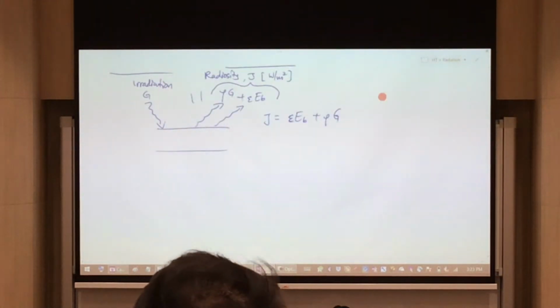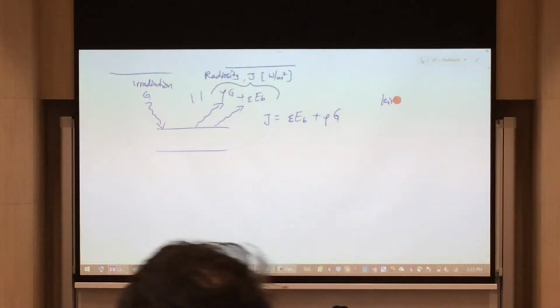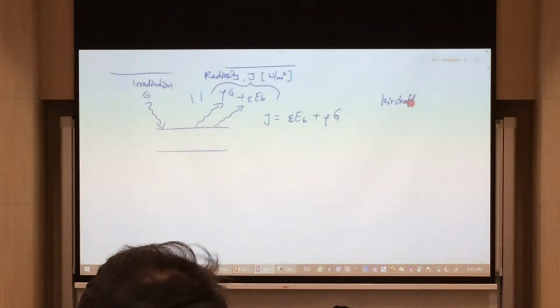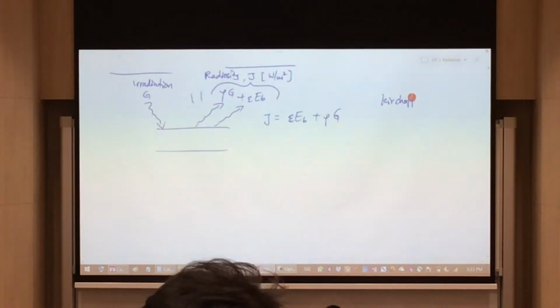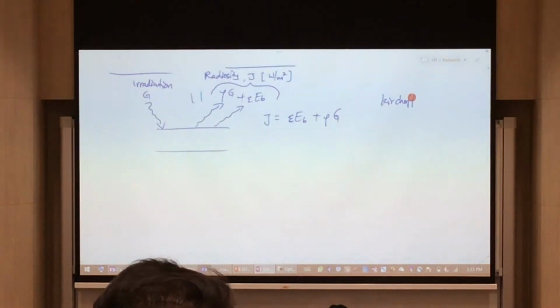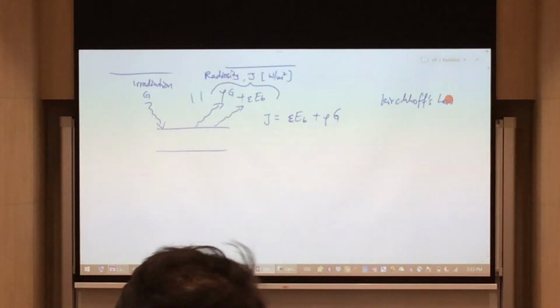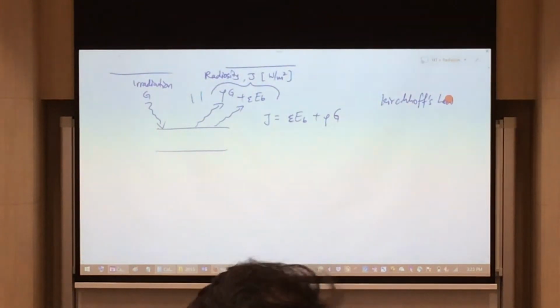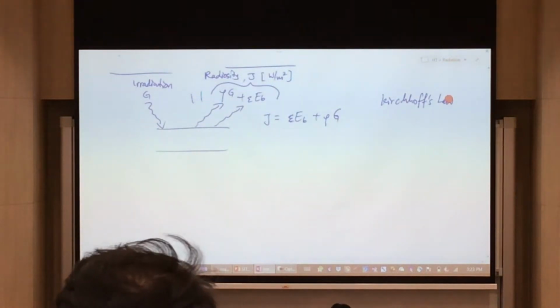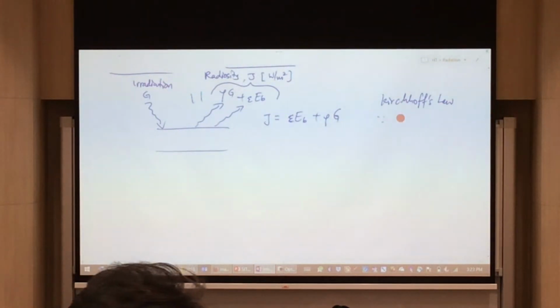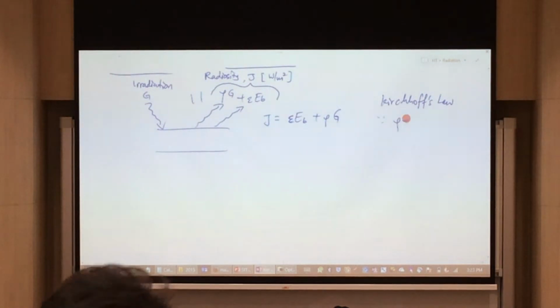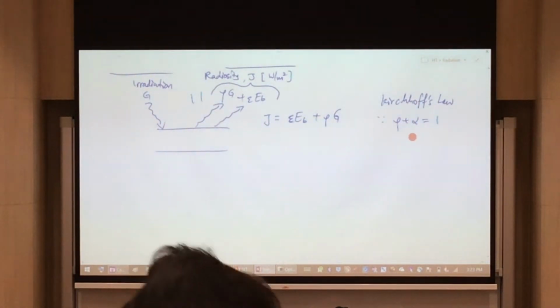Now from Kirchhoff's law that we saw just now, some people pronounce this as double H and double F. Some people pronounce this as Kirchhoff's law, depending on the language that you speak. So Kirchhoff's law says that if I have rho plus alpha that's equal to 1, my rho